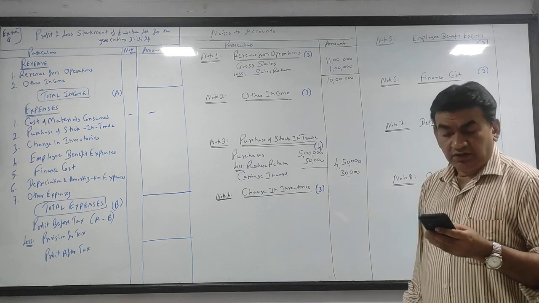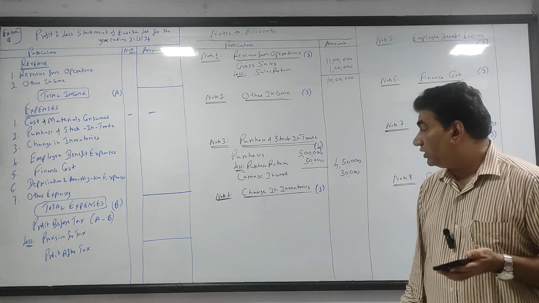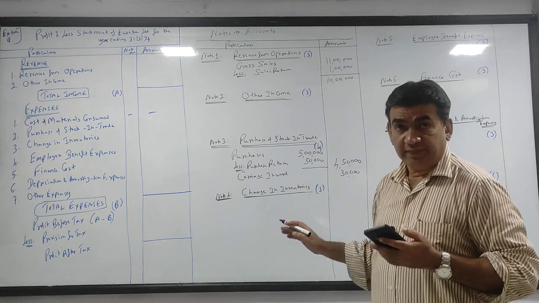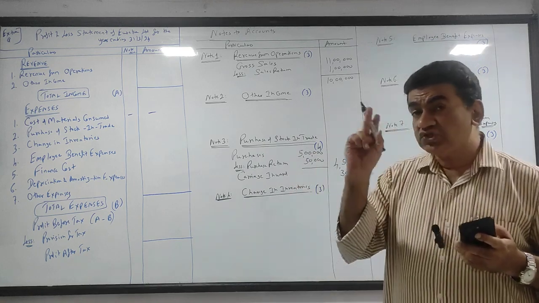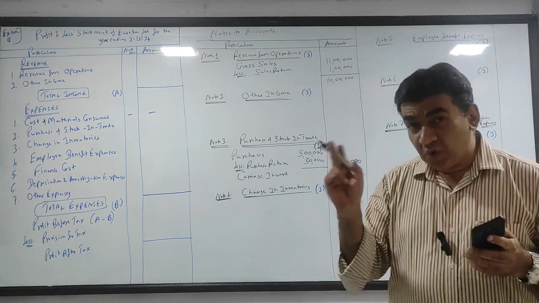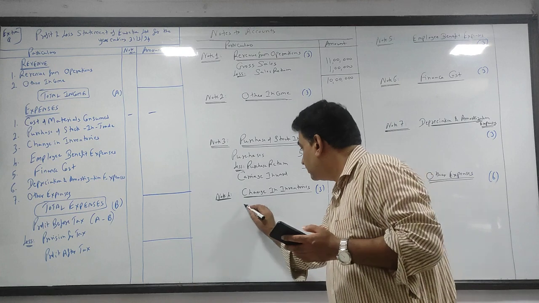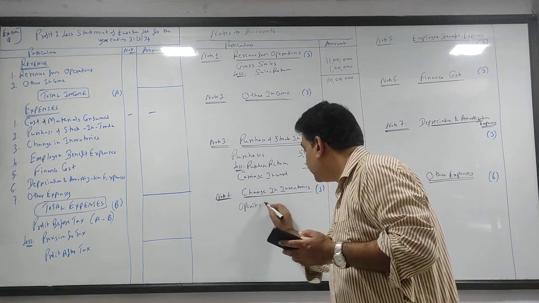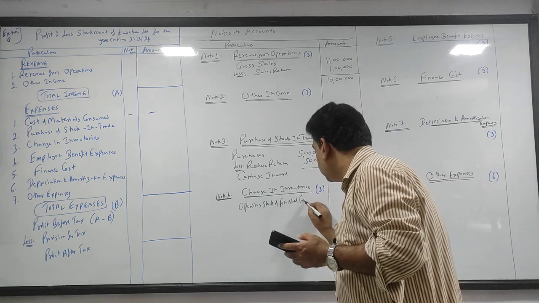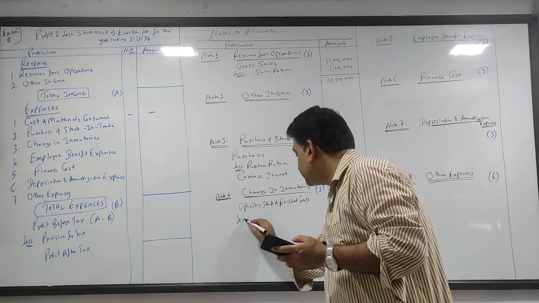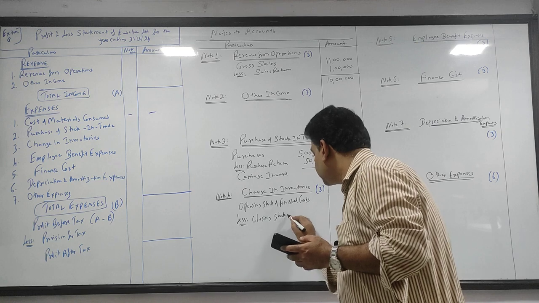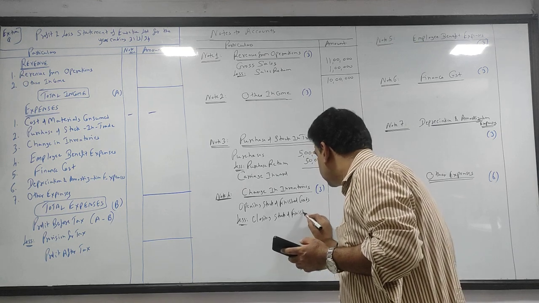Next, closing stock of finished goods, opening stock. Now see, change in inventory. Now it is under the head expenses. So tell me, opening stock, when you prepare trading account, debit में क्या आता है? Opening stock या closing stock? Opening stock ना? So what you will do? This will be opening stock of finished goods. From this, less